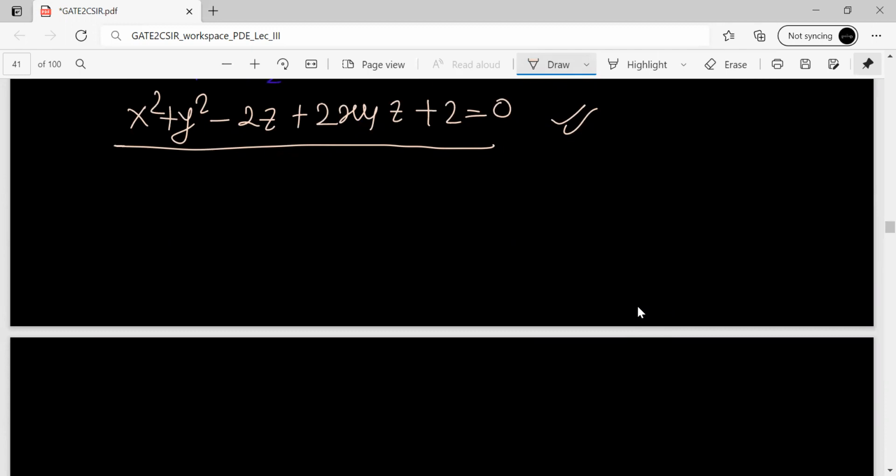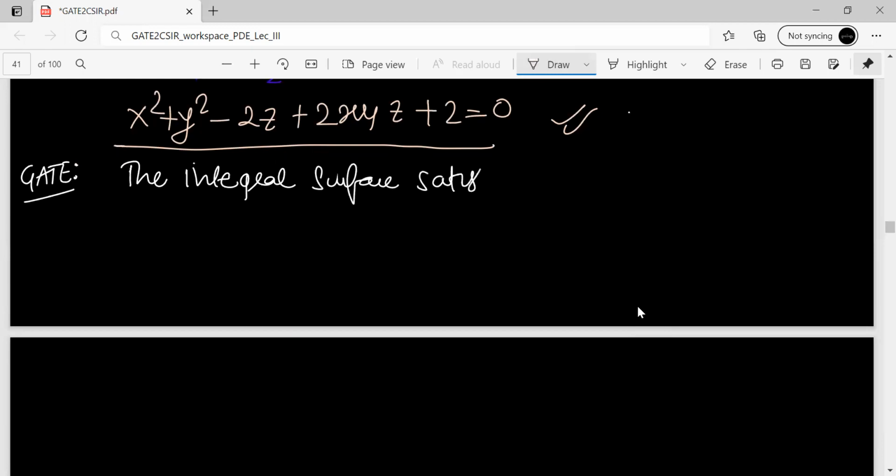So I'll give one more problem from the GATE examination. You can try this. This is a problem from GATE. I don't remember the year exactly, but while solving the paper, I have seen this one. The integral surface satisfying yp plus xq equals x square plus y square and passing through